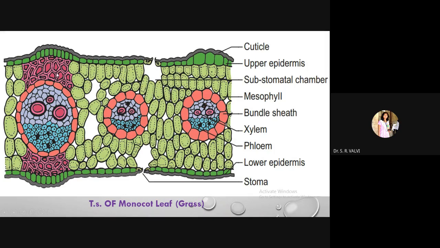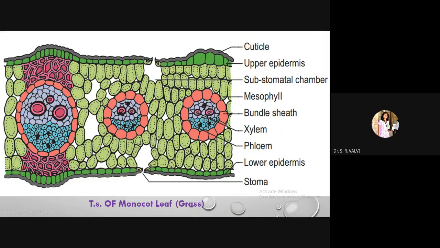In this particular vascular bundle, where the bulliform cells are present, a sclerenchyma patch is present above and below the vascular bundle. Sclerenchyma gives mechanical support to the leaf. Such sclerenchyma patches are present throughout the leaf wherever a vascular bundle is present. Here are the two eye-like structures, the metaxylem, and this is the smaller protoxylem, and in the lower part it is phloem tissue.